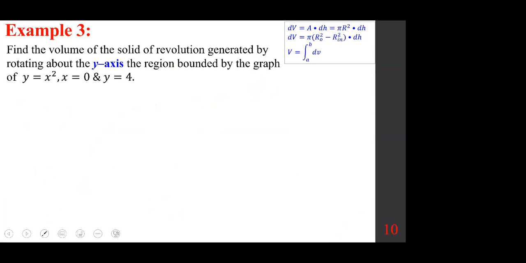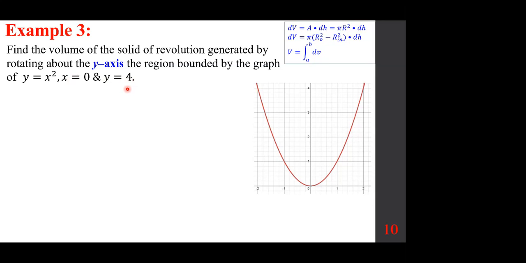Now we have a situation where we want to do the same thing, but this time we're going to go around the y-axis. So we want to find the volume of a solid of revolution generated by rotating about the y-axis, and here's the situation: y equals x squared, x equals 0, y equals 4. So the very first thing, let's graph. So here's our graph, okay? y equals x squared, x equals 0, and y equals 4. This is x equals 0, the y-axis. In other words, if I were to shade the region, class,